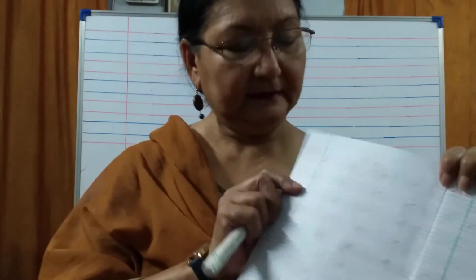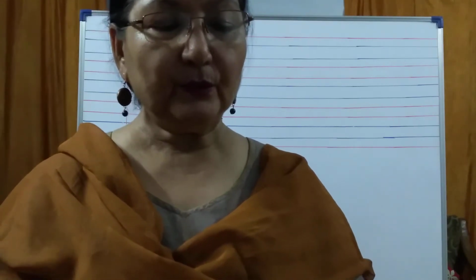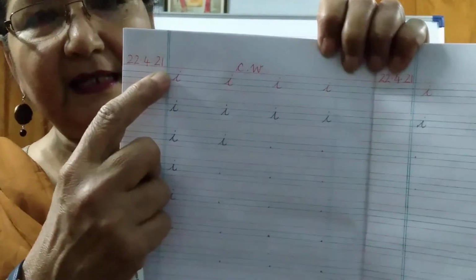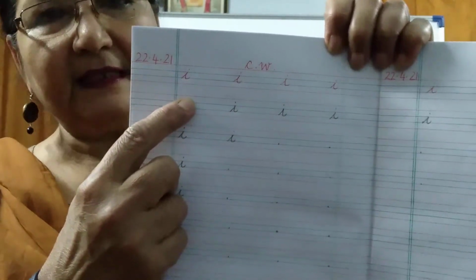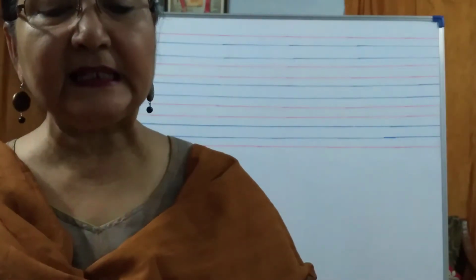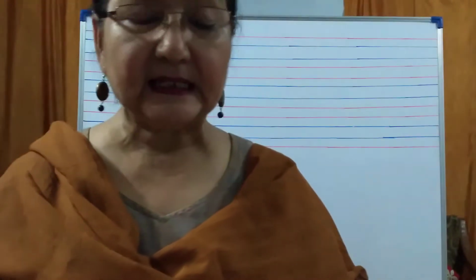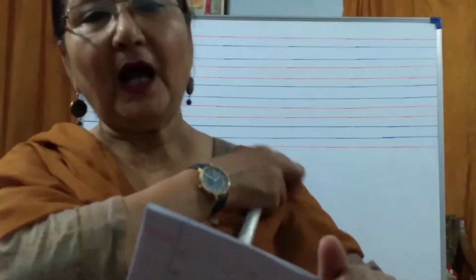We have already done the strokes, that is the slanting line. Then after that, what have we done? We have done I. And how have we written I? Again, we did a slanting line, then a straight line and a small curve. Then this becomes I. Then ma'am has taught you to write E. After I, we have done E. Why is ma'am teaching you all this? This is the pattern so that you know how to write it.